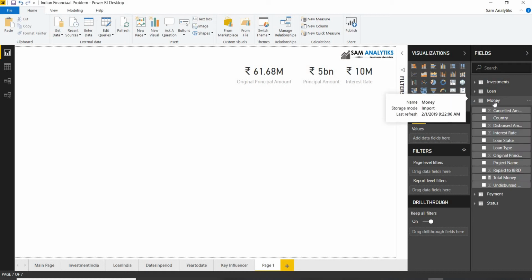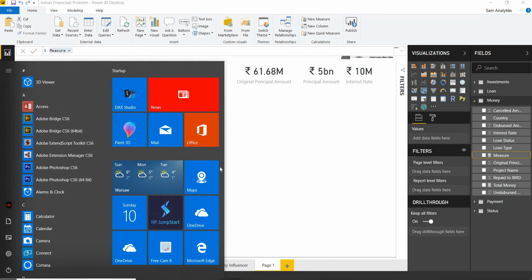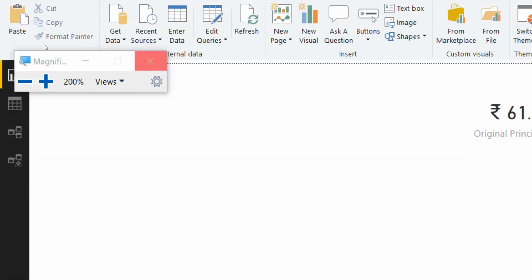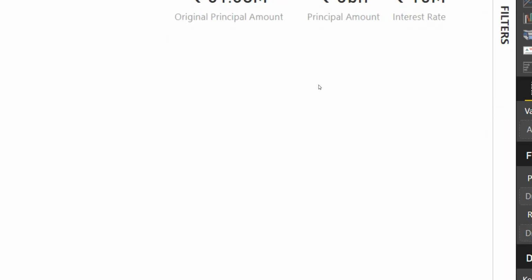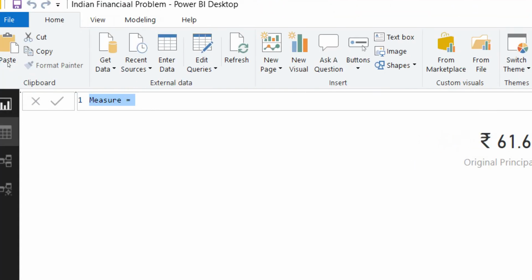Now, if I have the money as a table and if I use the particular measures to create the DAX, let me zoom in a little bit so that we can magnify it and all see it clearly. Yeah. So if I suppose have the measure now in here,